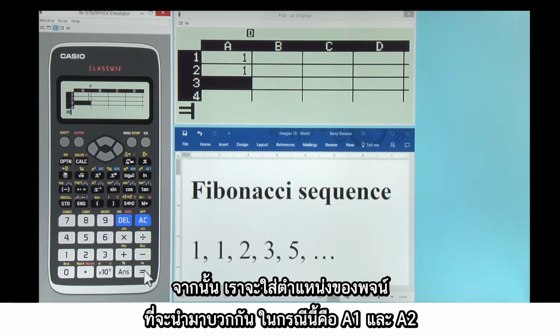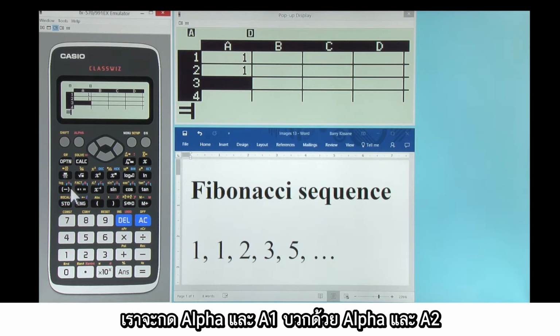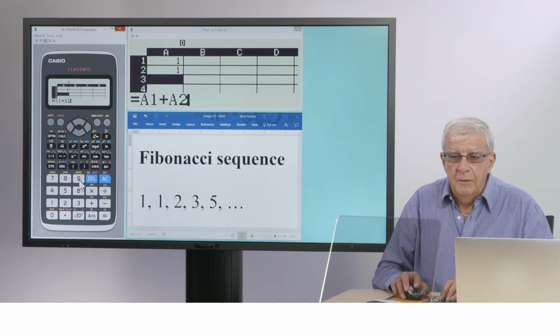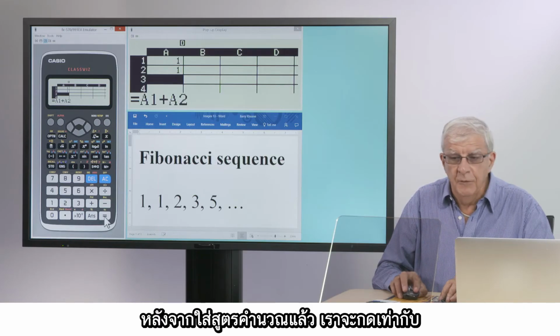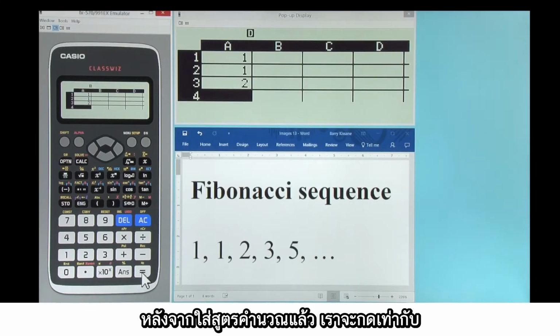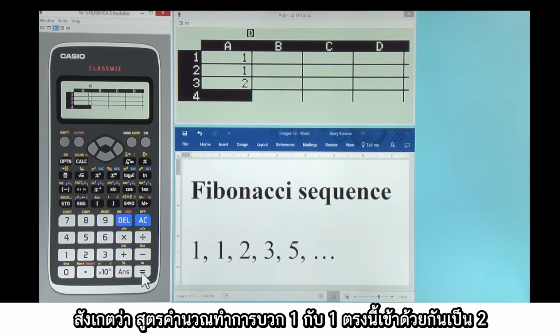Then we insert the addresses of the terms to be added, in this case A1 and A2. So we do alpha and A1, add alpha A2. After the formula is entered, we'll just tap equals and notice that the formula has added 1 and 1 there